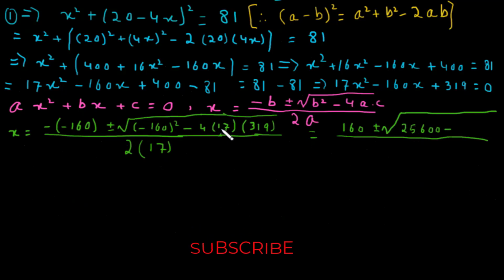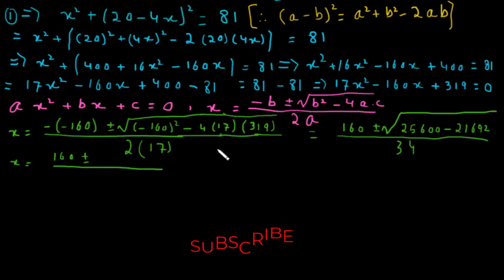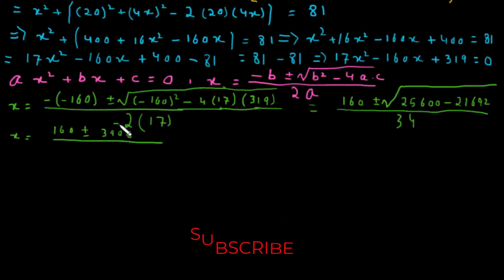25,600, minus 4 times 17 times 319 is equal to 21,692, divided by 2 times 17 is equal to 34. So I will continue with this calculation, and I will get 160 plus minus the square root of 25,600 minus 21,692, which will result in 3,908 square root divided by 34. Now this implies that x will be equal to 160 plus minus, and its square root is equal to 62.5,